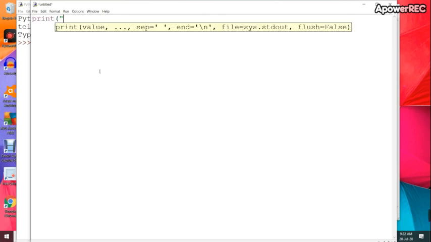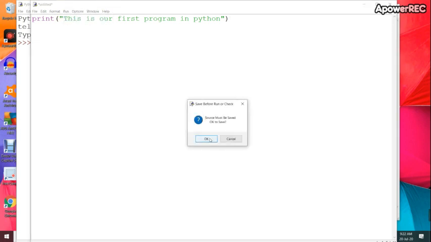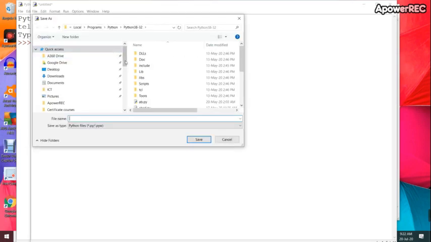So I'm writing here print. This is our first program in Python. Now I will choose the option of run to run this program, run module. Here it will give us the option to save our file, program file. OK,